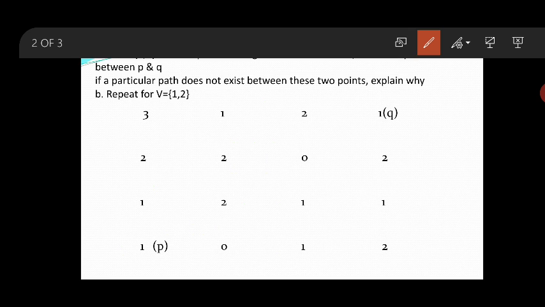So what is the length available for this one? 1, 2, 3 and 4. So what is the length? 4. The shortest length for the 8-path will be 4. I hope you can check if there is any confusion, meaning is there any alternate path that exists? Of course, there does exist one.